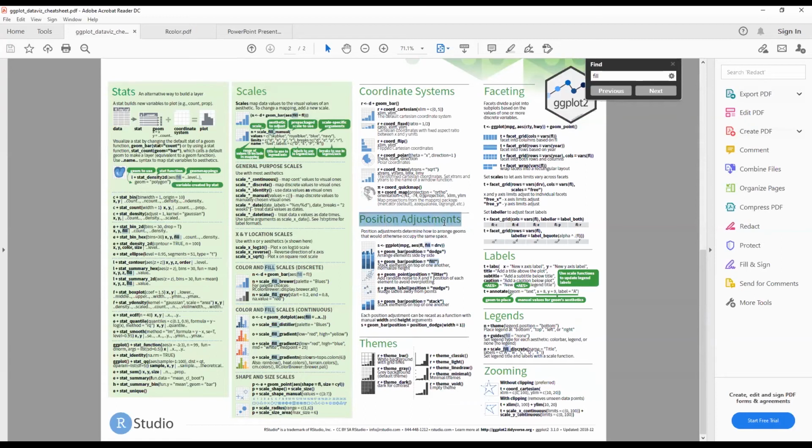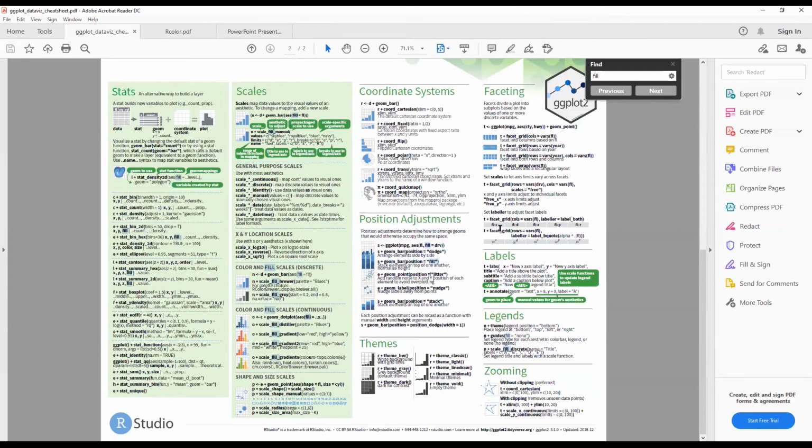So position adjustments. Position adjustments determine how to arrange geoms that would otherwise occupy the same space. This particular one showcases how to do that percentage from 100%. Stack elements on top of one another, normalizes height. So position equals fill. This is a really good cheat sheet to see what's out there.